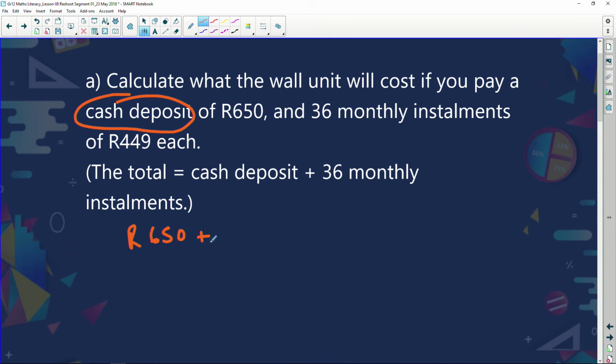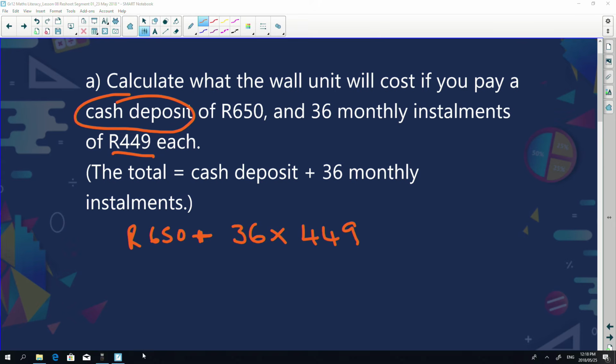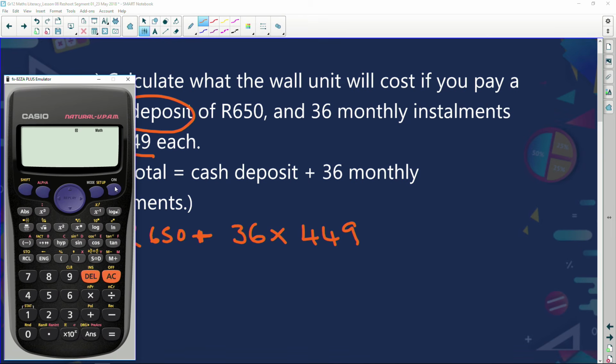And then for the next 3 years, now how many months is 3 years? Well, we know there are 12 months in a year. So I've got 12 months, another 12 months, another 12 months. So it's 12, 24, 36 months. So we're going to add 36 months times my monthly installments. What are my monthly installments? 449 Rand. So what we're going to do is say, I've got 36 multiplied by 449 Rand,